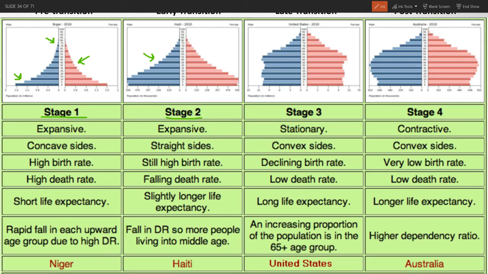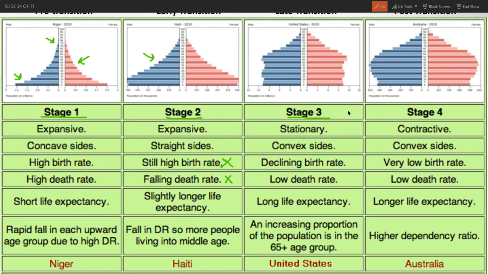So this is your stage two of demographic transition, where disease control is probably the single biggest factor affecting population change. You still have a high birth rate, but your death rate starts to decline, and that's where the single biggest change is. Third stage,